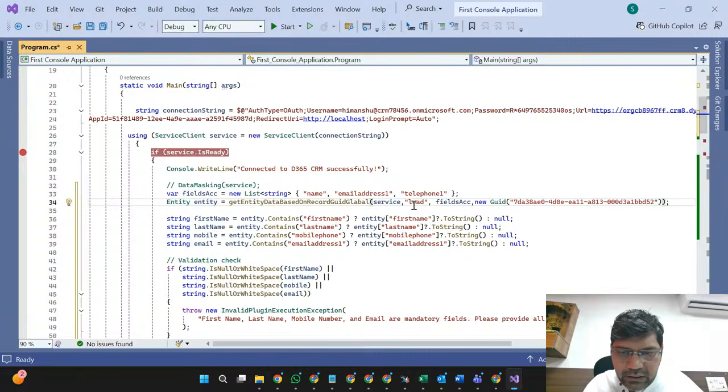How many fields are we retrieving? Four fields. These are the field names: first name, last name, mobile phone, and then email address. Right? So now let's check that information.